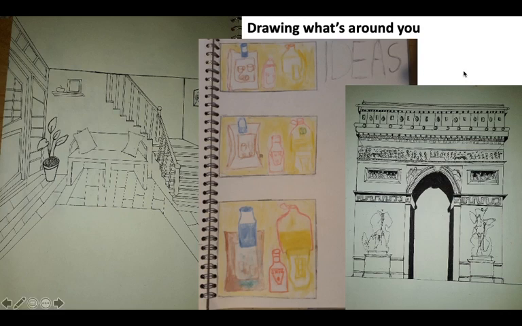This student has thought about the idea of what's around them and how to document that. So we've got a line drawing. This is really quite a detailed drawing, but it's only done with line. The same here, now we've got a bit more tonal range, so it's showing experimentation, showing development, and you can see that this drawing has clearly had a lot more time spent on it than this one.